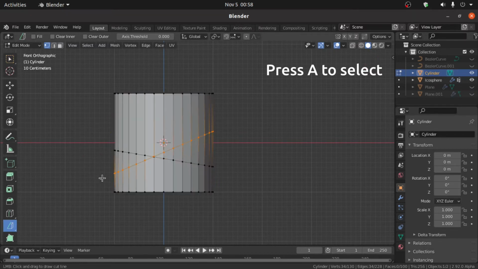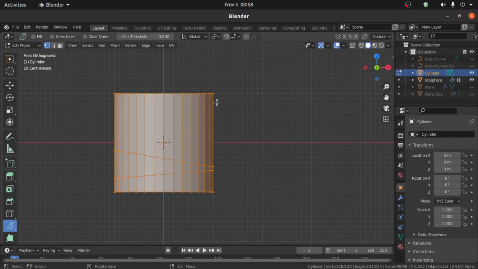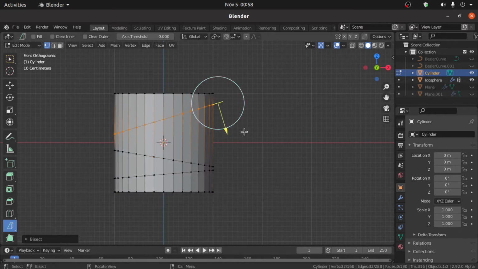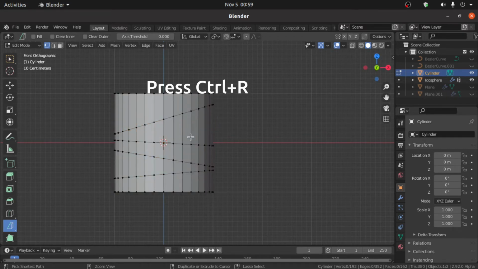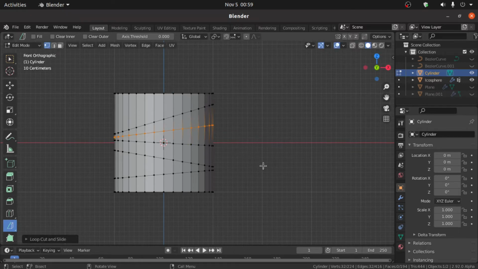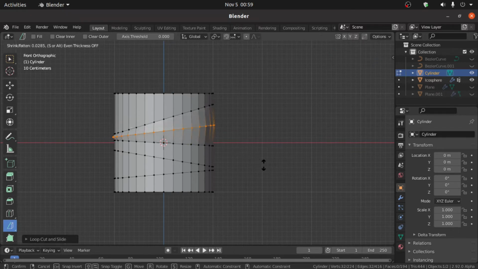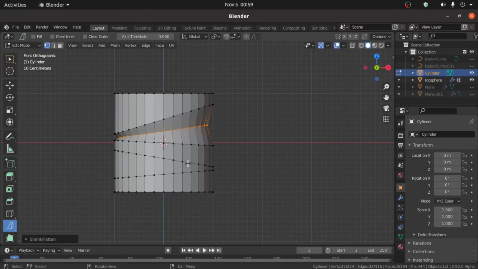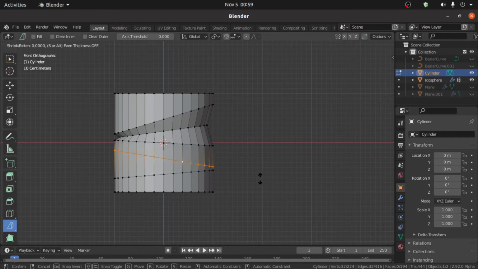Select everything, and we have to bisect like this. Again press A to select everything, then just bisect like this. Now press Ctrl R and give a loop cut, then press Alt S and just scale something like this. Also double click on this vertex, then press Alt S and scale something like this.